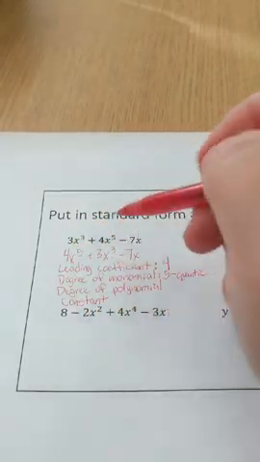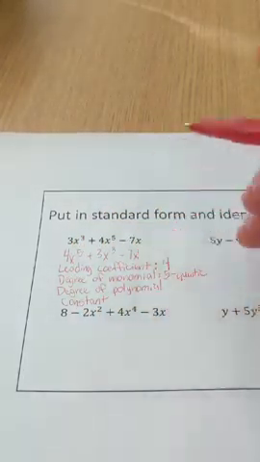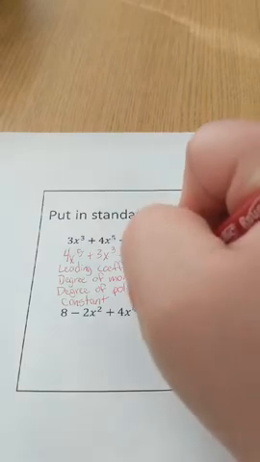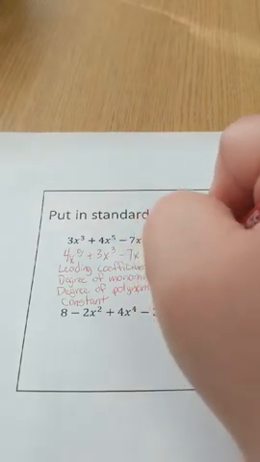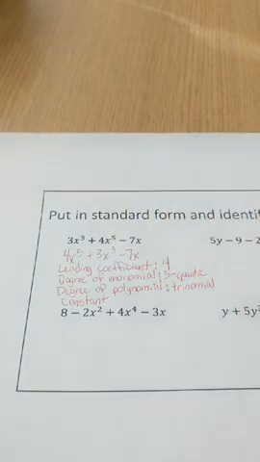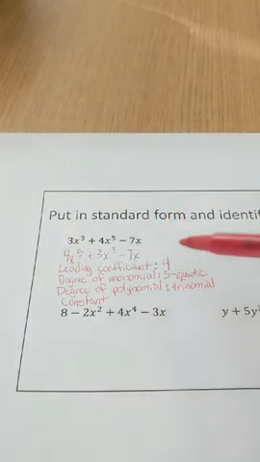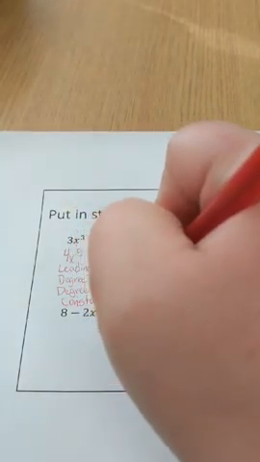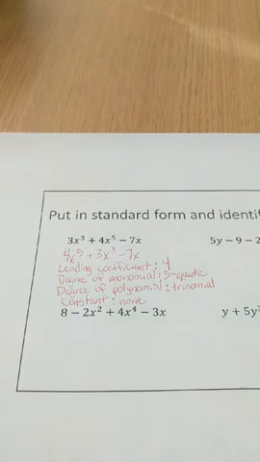Then the degree of the polynomial is 1, 2, 3. So this is going to be a trinomial. And then a constant, remember, is just a number without a variable. There isn't one here, so we're going to say that there's none. Okay, next one